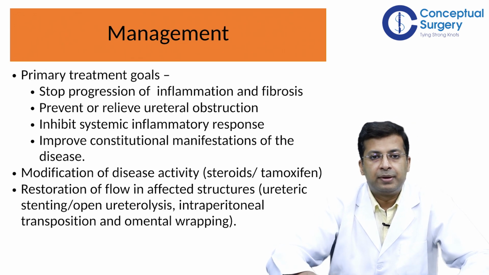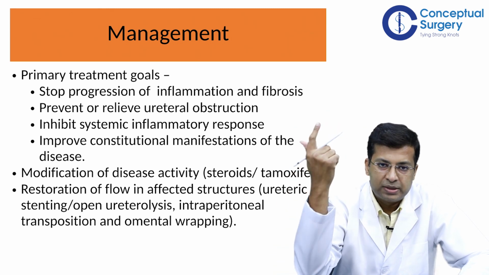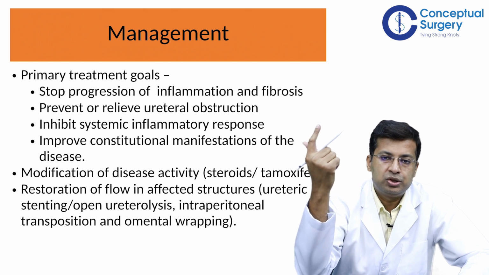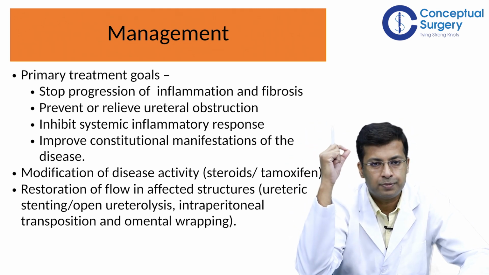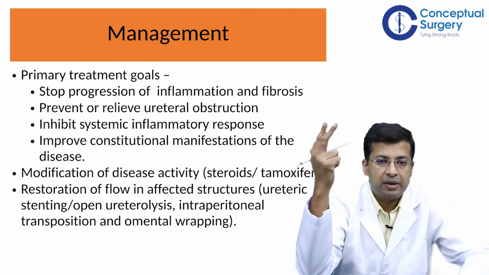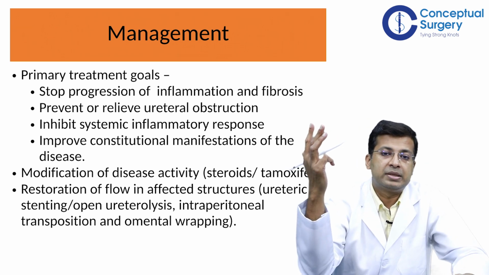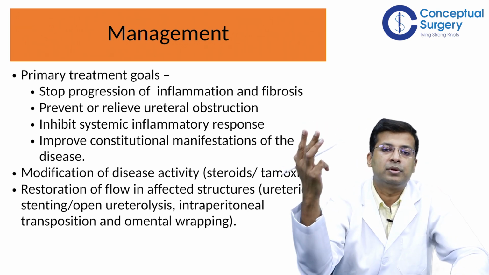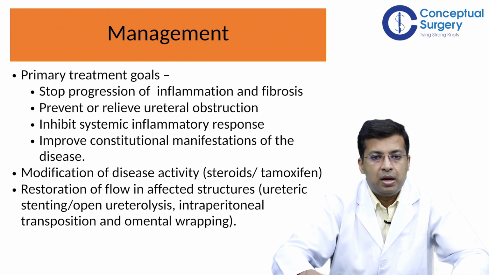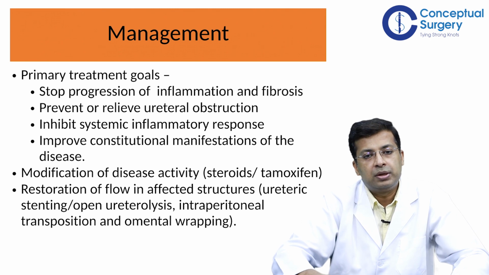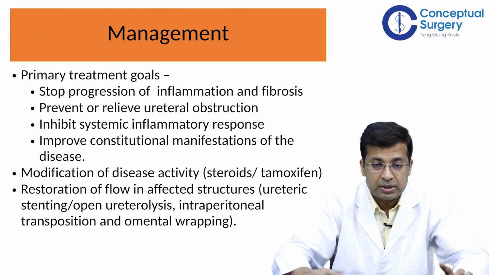How do you manage? The primary treatment goals are four. One is to stop the progression of the fibrosis and inflammation in order to prevent ongoing damage. Second, in case there is ureteric obstruction, you have to prevent and relieve ureteric obstruction. Third, in case there is a florid systemic inflammatory response, you have to inhibit and stop it. And fourth, in case there are any constitutional manifestations, you have to improve them to improve the generalized well-being of these patients. So the usual agents which are used for modification of disease activity, because in 70% of the patients the cause is not known,